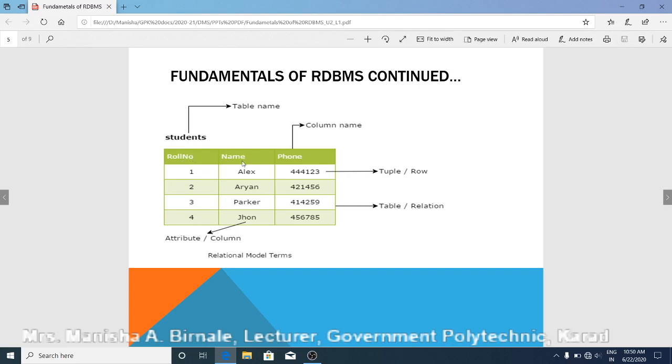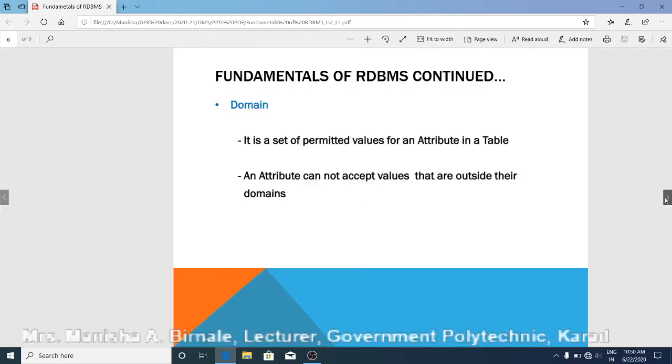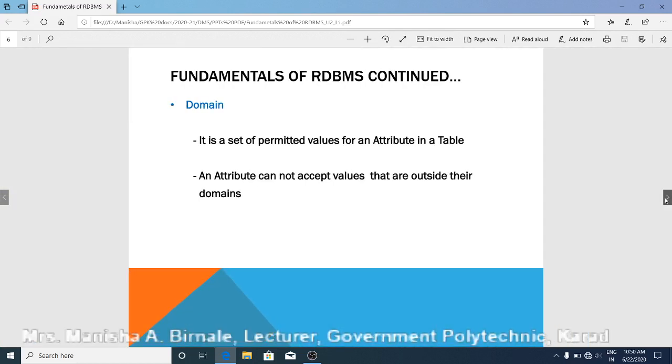Here the second column is name. So which values will be accepted by this second column name? Here you can see that these are non-numeric values, string values. So this column will accept only string values. This is called a domain, a set of permitted values for an attribute in a table.